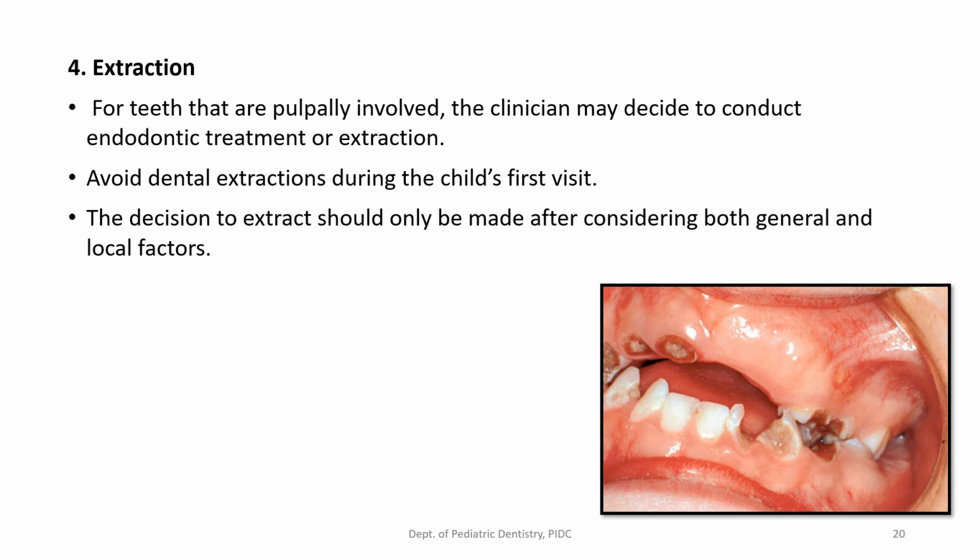Lastly, we come to all those teeth, as you see in the photograph here, all those teeth which really cannot be saved. Okay, we have a small abscess opening here. So these are the anteriors, total crown loss, grossly carious, cannot be saved, and they have to go for either extraction or for endodontic treatment. So we really have to take a call on what would work best for the child.